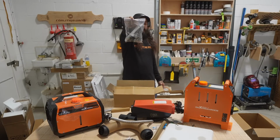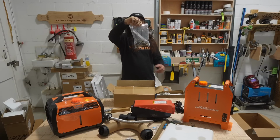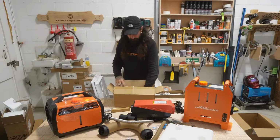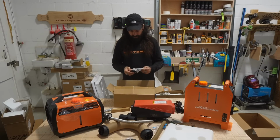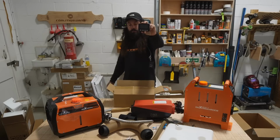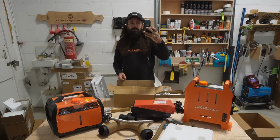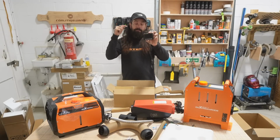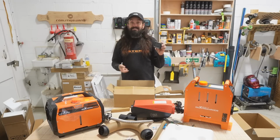You get a big old bag of nuts, bolts, screws, Jubilee clips, cable ties and mounts for the fuel pump, all in this bag. Also in this bag you get your display unit, which again has on, up and down, set timer, all kinds of different modes on it. It does also speak to you if you wanted it to, and you mirror it through a Bluetooth app so that you can use your phone to turn your diesel heater on and set timers and all that bad boy